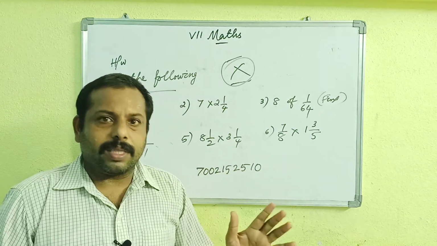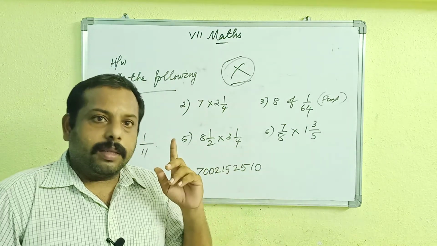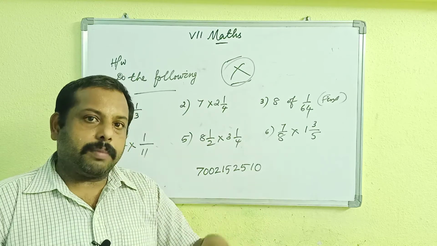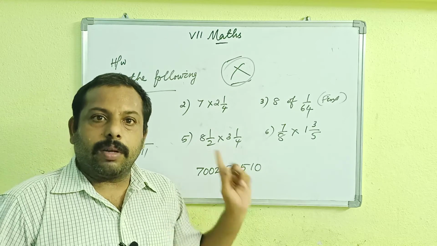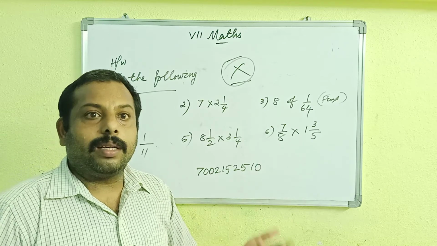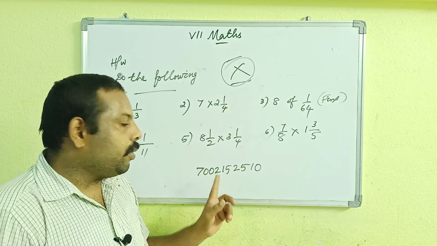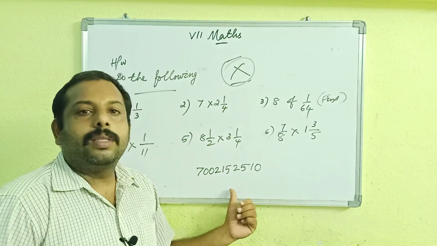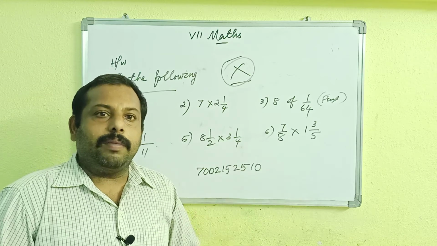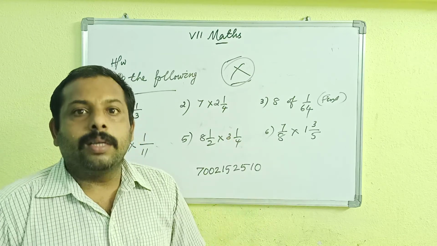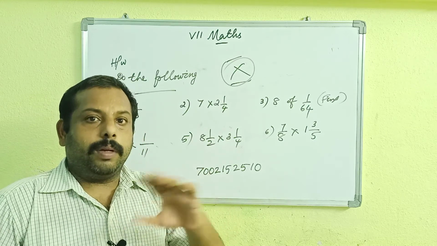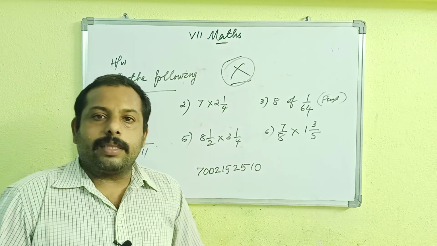The students who have not sent your number to me, send your name and class from your WhatsApp number to my number. You have to mention your name and class, because I have told these things to other class students also, so I can't recognize which class you are from. So type your name and class and send it to this number from your WhatsApp number, so that while setting the question paper, I will feed your WhatsApp number in it, so that you can open the link with your WhatsApp number. So your code will be unique for you, so that you can attend the test without any problem.